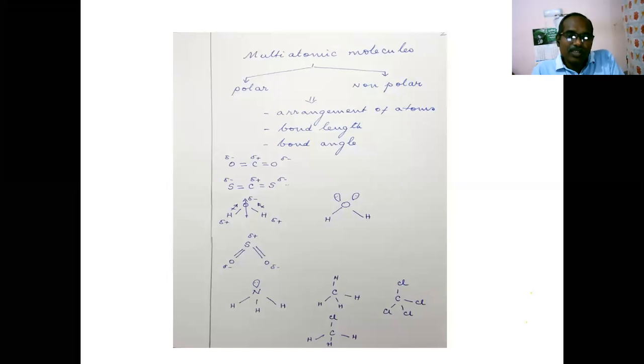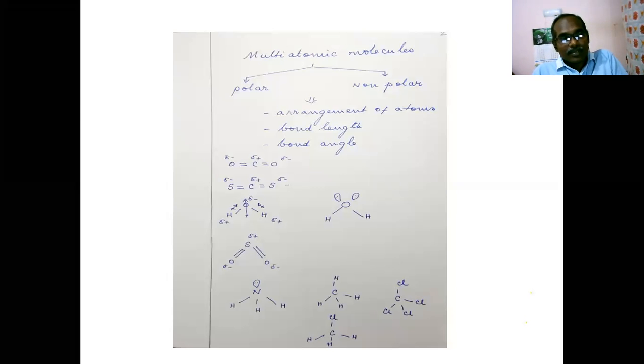The atomicity of oxygen molecule is 2. The atomicity of ozone molecule is 3. The atomicity of methane molecule is 5. The atomicity of ammonia molecule is 4. So in the case of multi-atomic molecules, the discussion we have seen earlier,